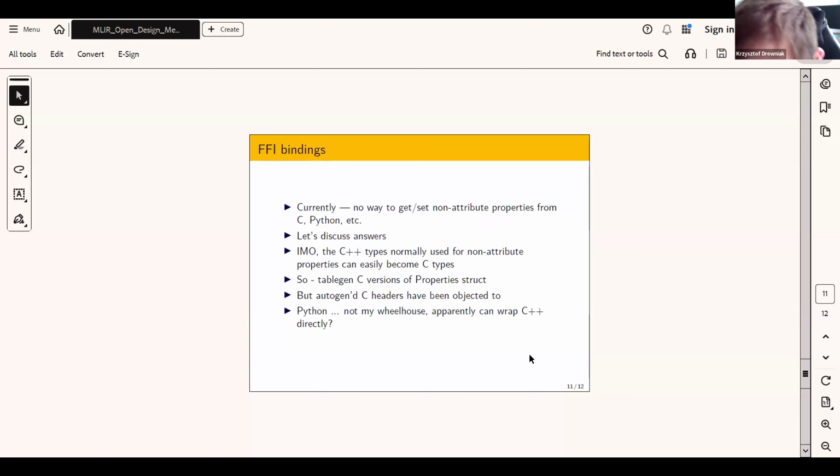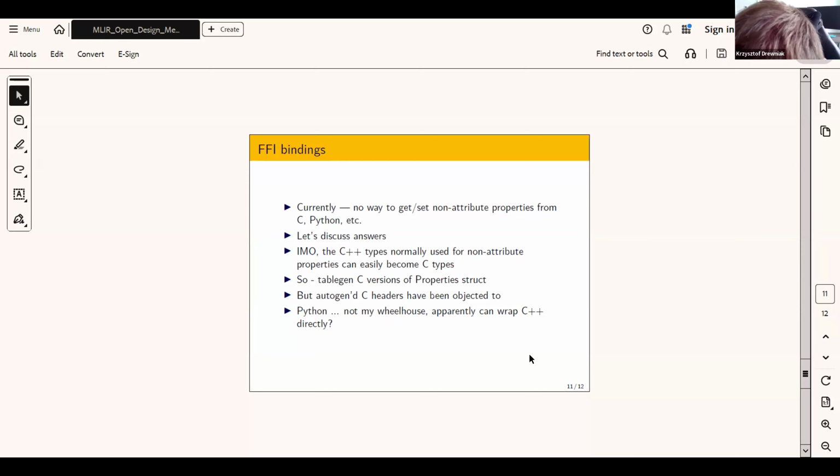And there's the bigger issue I ran into. When I was doing some stuff with the AMD GPU dialect, I just used some non-attribute properties in a few spots where they made sense because, hey, it'll work. And then we ran into some folks who were trying to use the operations in Python, and none of this was hooked up. So there's a bigger question about how to expose non-attribute properties in FFI bindings, partly because non-attribute properties are inherently just a member in a struct in C++,